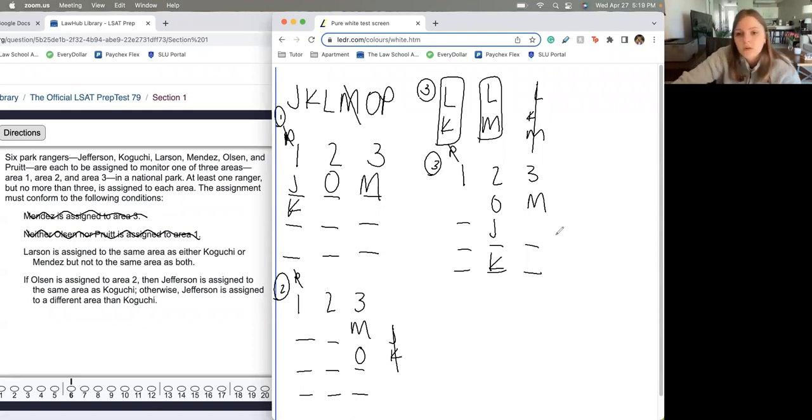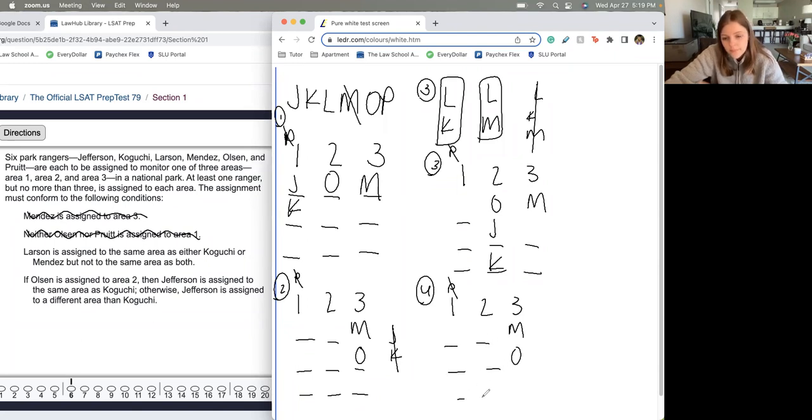So in my second world, if I know that L has to go with either K or M, it means K and M are going to hate each other. So in that fourth world, I only have K going in 1, or I have K going in 2. O, P can't go in 1. So we have K in 1 or K in 2. And that can lead us to figure out where J is kind of restricted to, meaning J can't be with K. So J is either in 2 or 3, or when K is in 2, J is either in 1